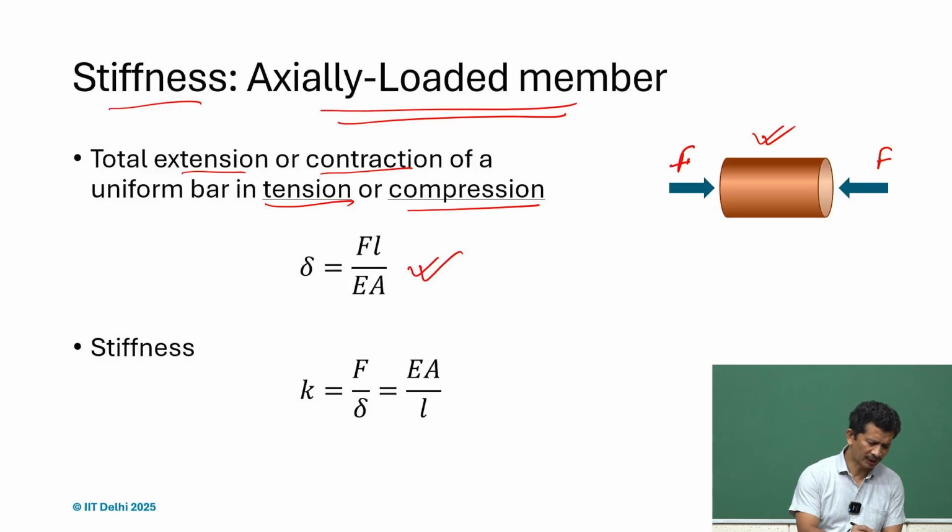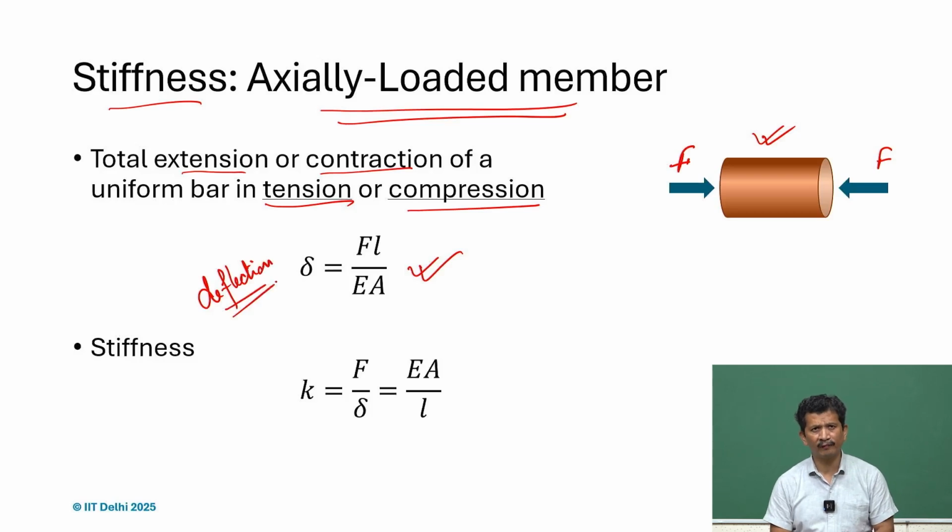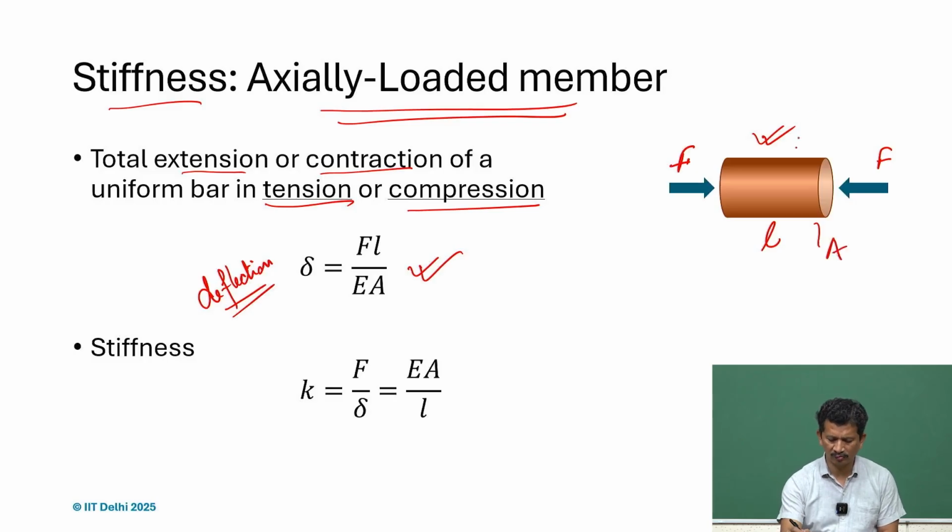What is that deflection? You may find it a little difficult to remember FL divided by EA. E is Young's modulus and A is the area of cross section. L is the length and this is the area of cross section we are talking about. The material property is E, Young's modulus. So, a very easy way to remember it is